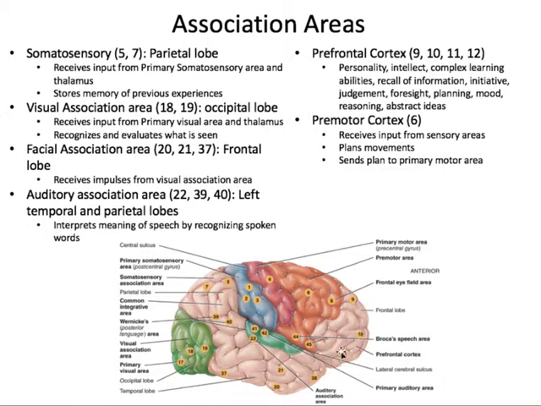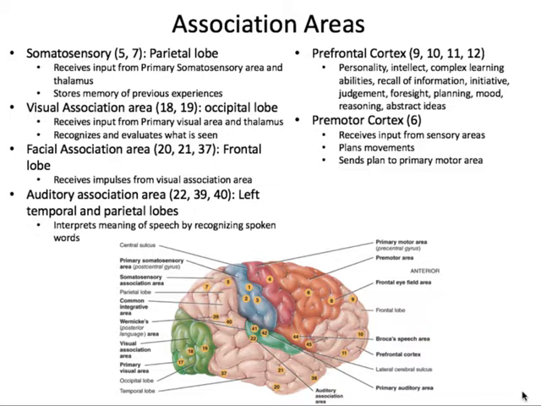And that's in the frontal lobe. And this is really important. The prefrontal cortex is where your personality is. This is where you have a lot of your interpersonal skills, if you're a happy person, if you're generally a crabby person, where your intelligence is, whether you make good decisions or you have terrible judgment, are you able to take in information and handle abstract ideas. This is where all of that happens.